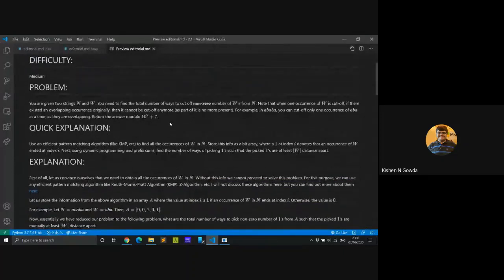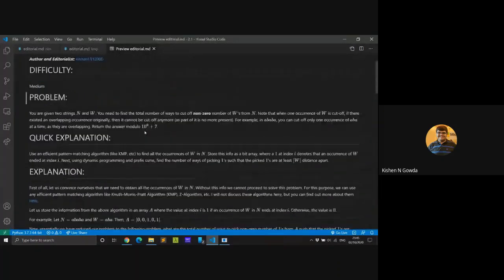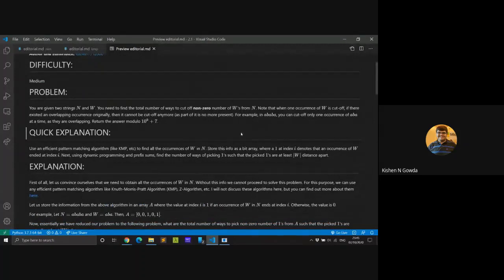So the question was as follows: you're given two strings n and w. So n is a bigger string and w is kind of a pattern. What you had to find was the total number of ways to cut off a non-zero number of w's from n. So what do I mean by cutting off an occurrence of w in n?